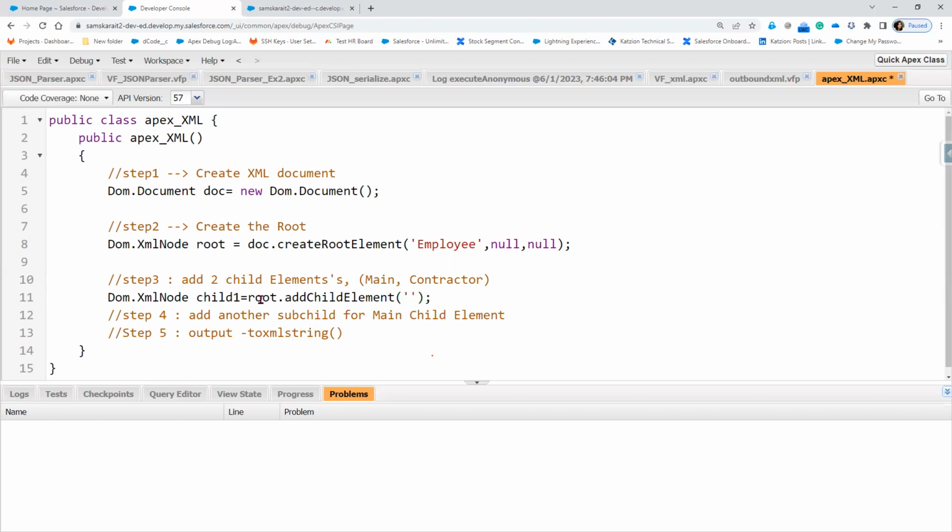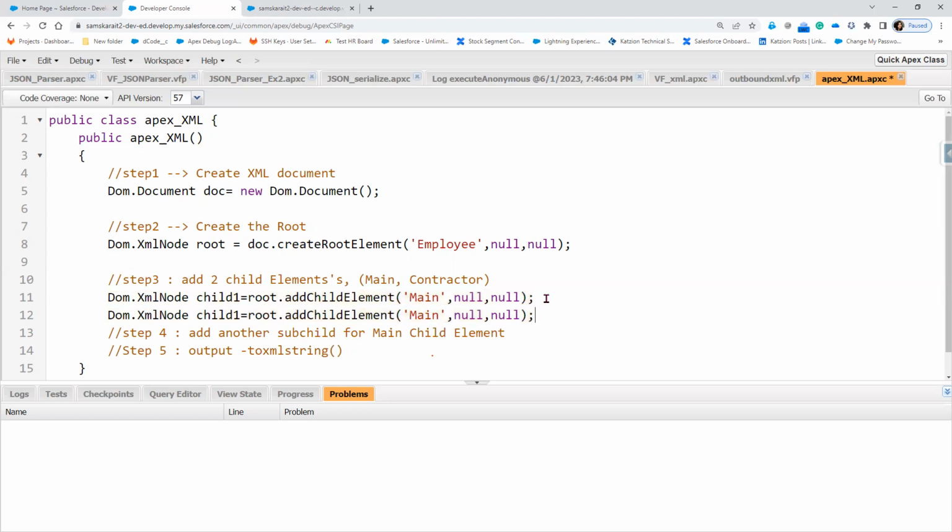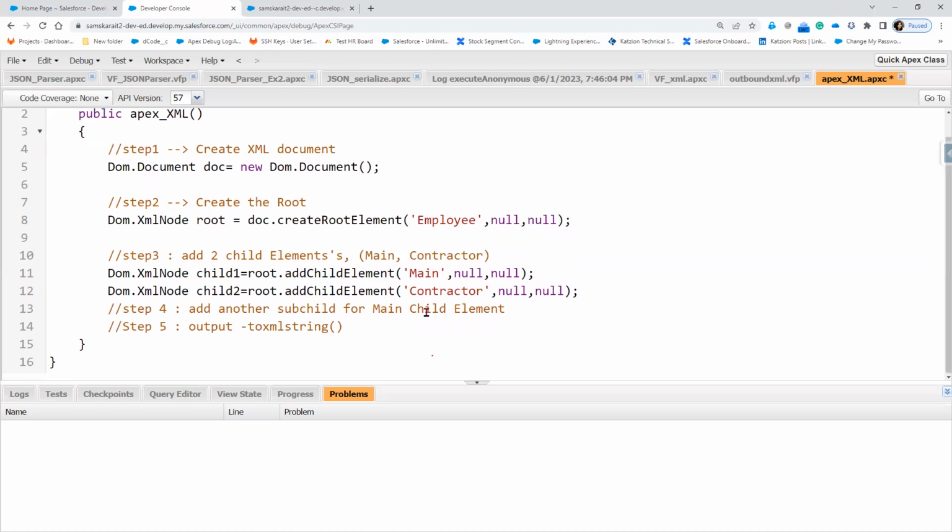So here within the employee, I need a name. It's a name, and the second parameter null. Third parameter is also null. This is child 1. And also I'll be adding the second child, which is child 2. And here main and contractor. Now this is done. Now the fourth step is